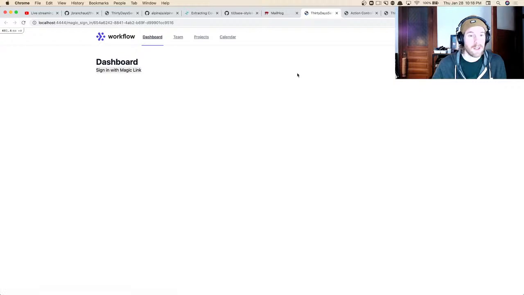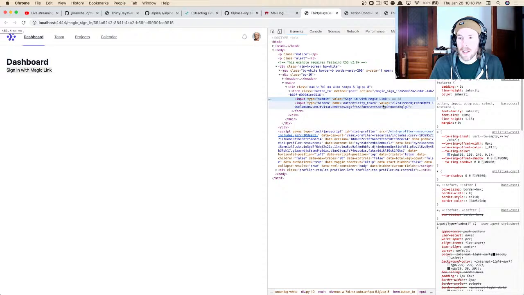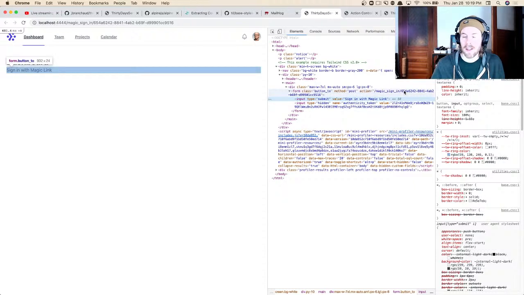And so if I refresh the page, cool, we're getting our whole layout, and then there's this thing. I want to inspect this to see what's actually going on here. Oh, that's right. So Rails is creating a form with an action, and then it's injecting the button inside of it as an input element. Okay. Right, and then we've got the CSRF protection stuff. Okay, so that magic sign-in, that looks great. I think we've got this lined up right. So if I click that,